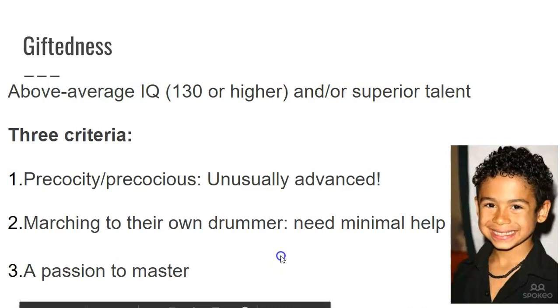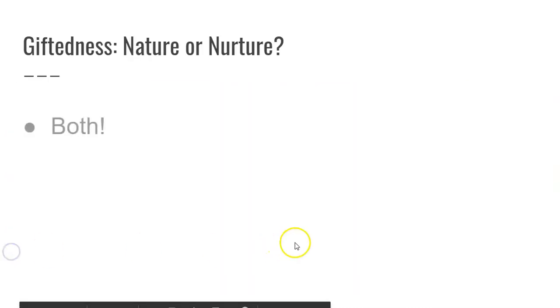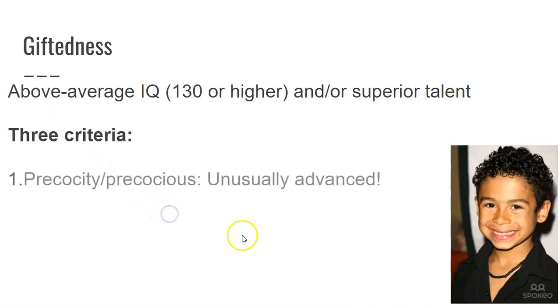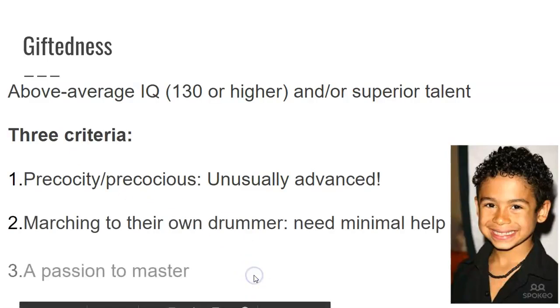Last week we talked about Vygotsky and we talked about scaffolding. What occurs for gifted kids is that they don't usually need a lot of scaffolding, because they like to solve problems in their own way versus having a parent or a teacher or another child help them understand, and usually do it on their own.